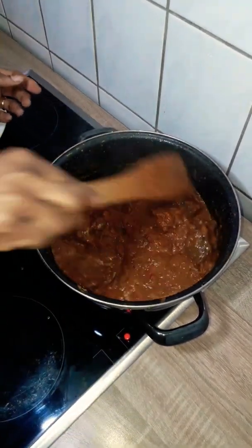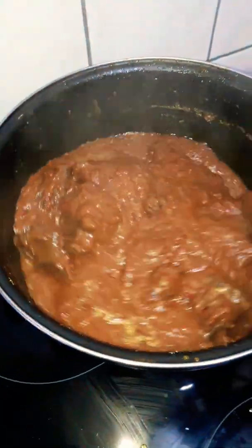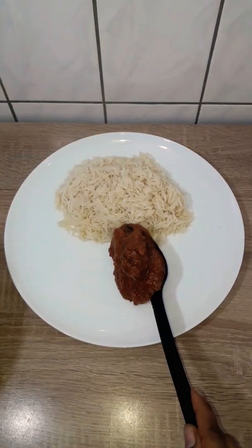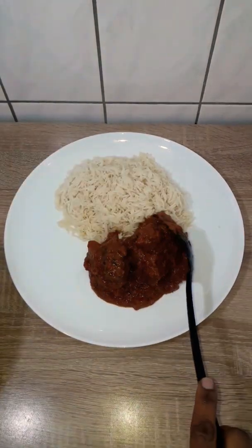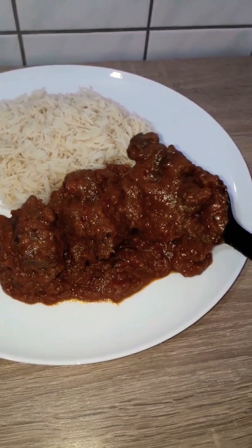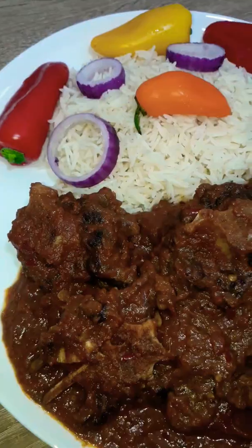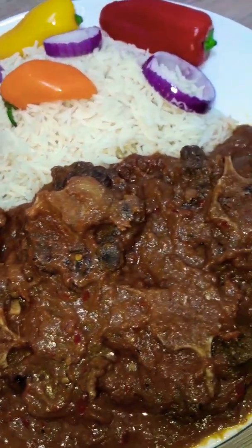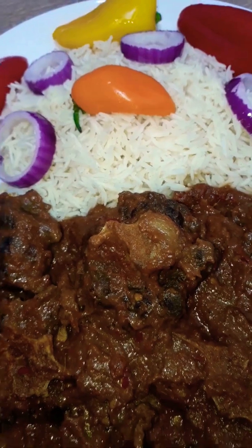I'm going to give you guys a close up right now before I serve. The aroma in my kitchen right now, it's amazing. Seriously. Okay, so I'll serve this with some mini sweet peppers by the side and some red onions too. You serve it with what you want, and I'll just take a taste test, turn off this camera, and dive